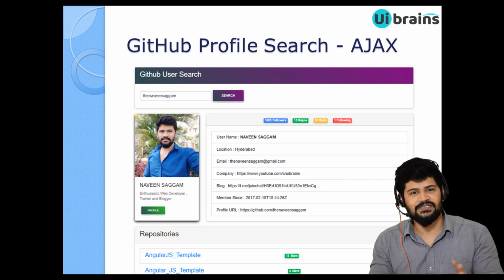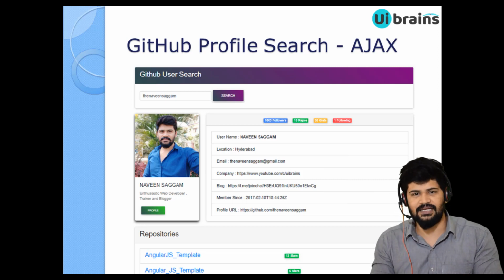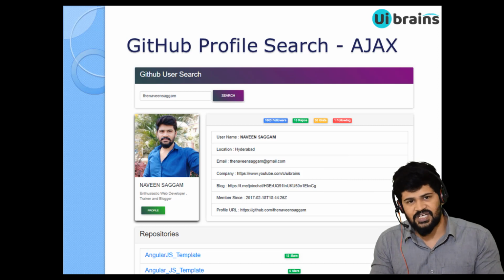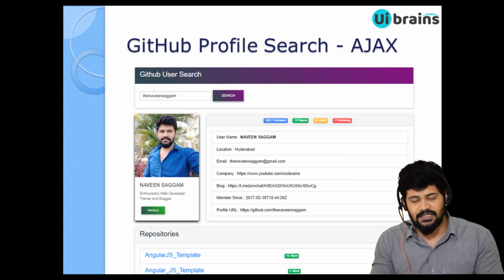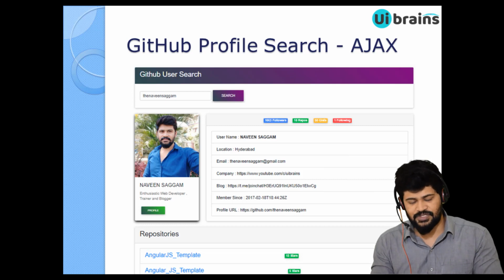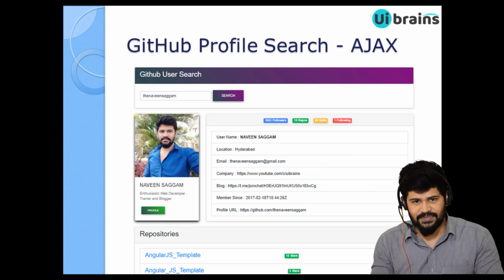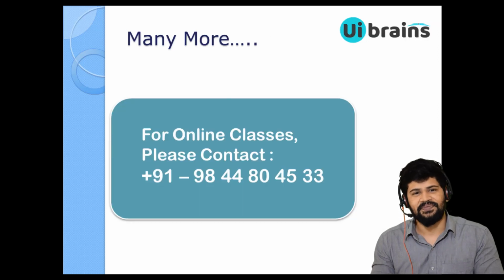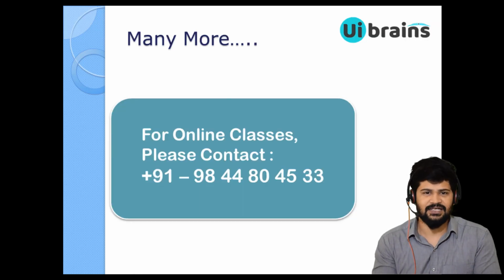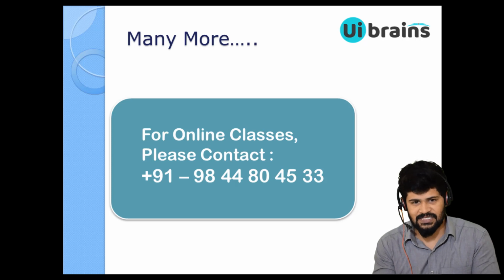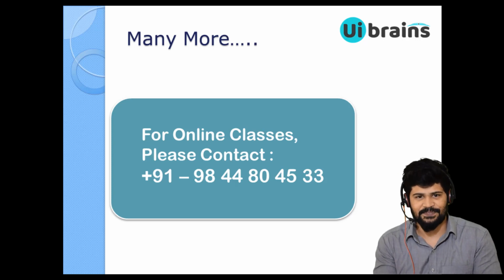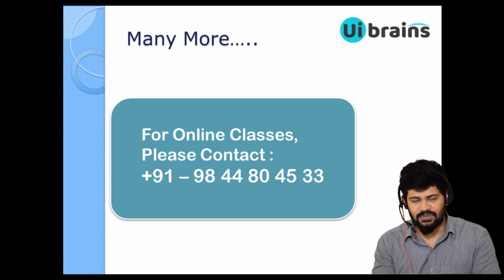So here you have multiple choices. You can use a normal Ajax request, or you can use fetch API, you can use the Axios library, or you can use jQuery Ajax to do this. Okay, so I'm showing I think all the ways, and many more. So as of now this is the concept we're going to discuss in Ajax. I'm very excited to teach you Ajax in and out, and this is a beginners and professional course on Ajax.